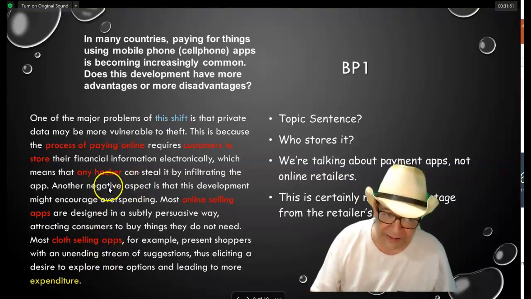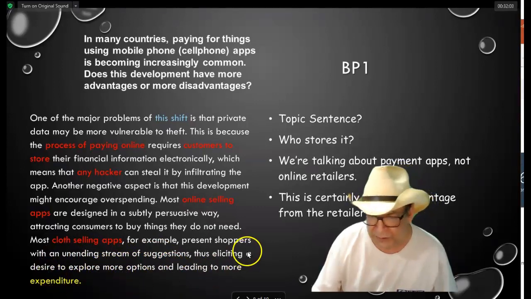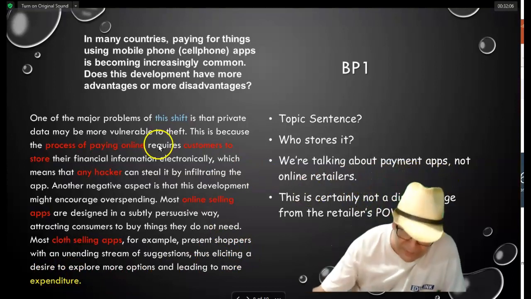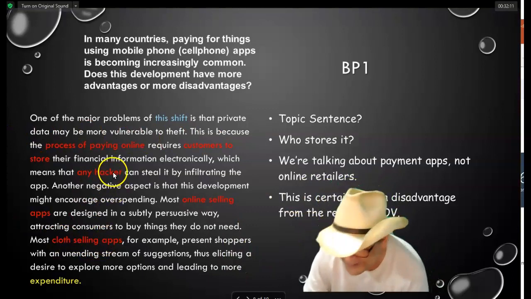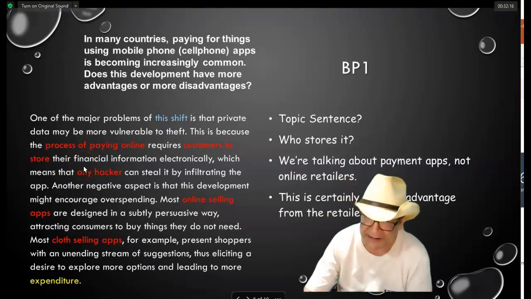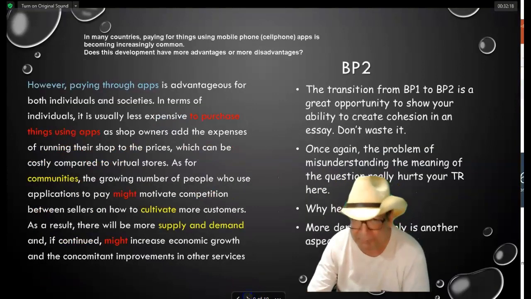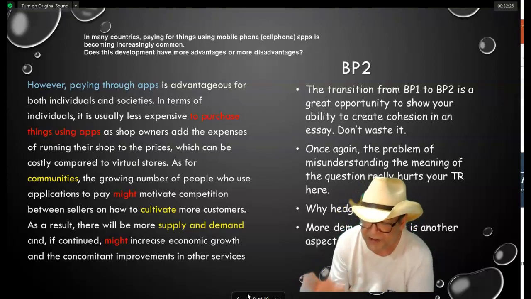So this whole second point: clothing selling, for example, present shoppers with an unending stream of suggestions, eliciting a desire to explore more options and leading to more expenditure. Not a good use of expenditure. Now, this is certainly not a disadvantage from the retailer's point of view. They like this, but again, it's not what the topic of the essay is. That's a big, big problem. Okay, now, when you go from body paragraph 1 to body paragraph 2 in an advantages and disadvantages essay,